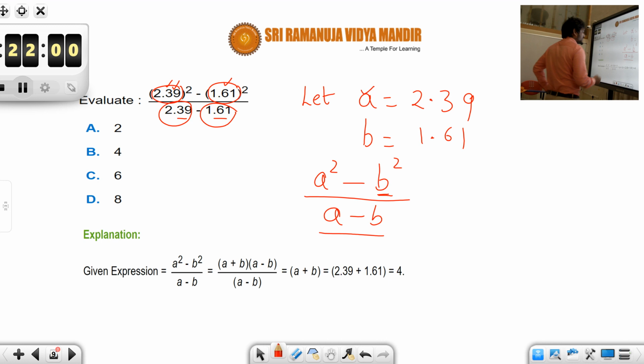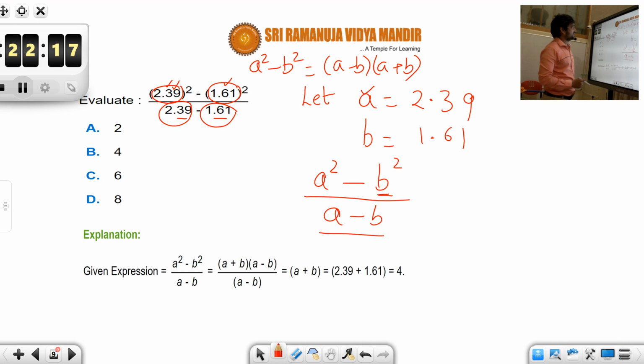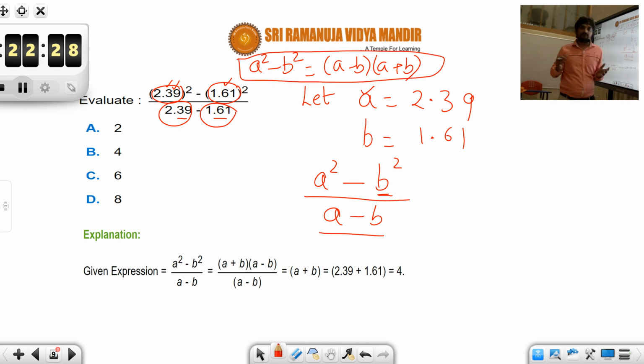Even the other day we discussed these identities in the developing our calculations lecture as well, right? So these are very basic and very important identities. What does an identity mean? For any value of a and b, if some relation is satisfied, we call such a relation an identity. So here a and b could be any value. This identity holds good for any values of a and b.